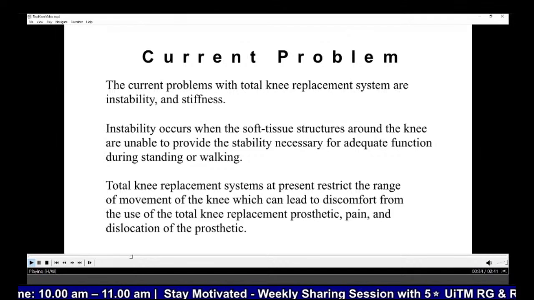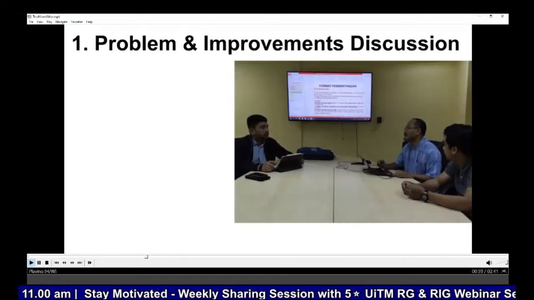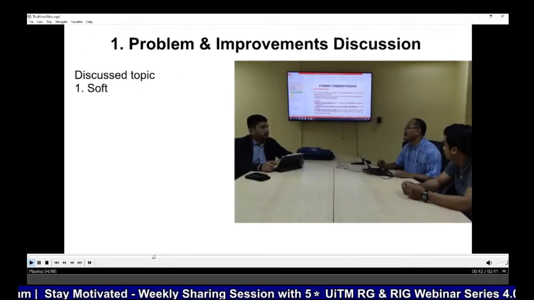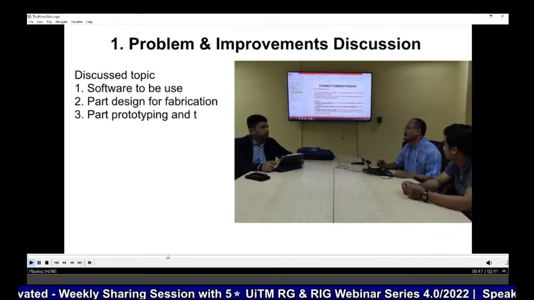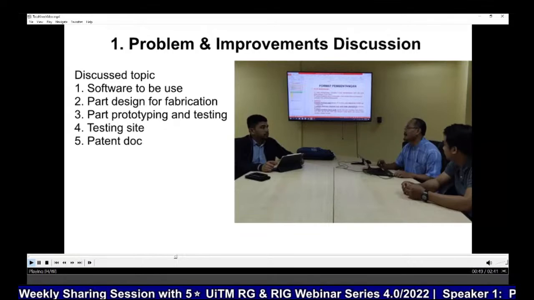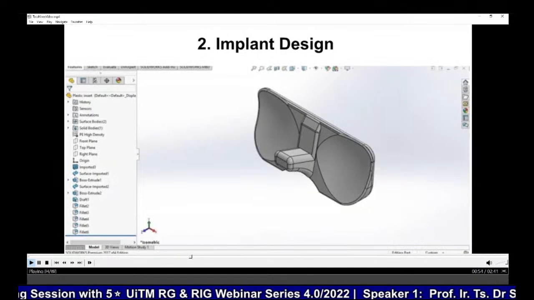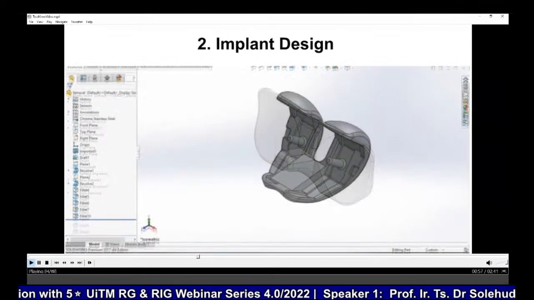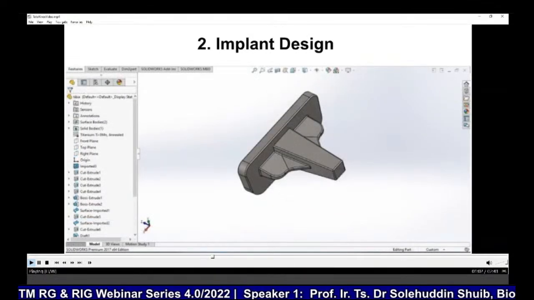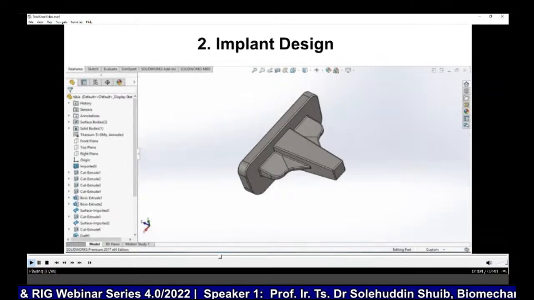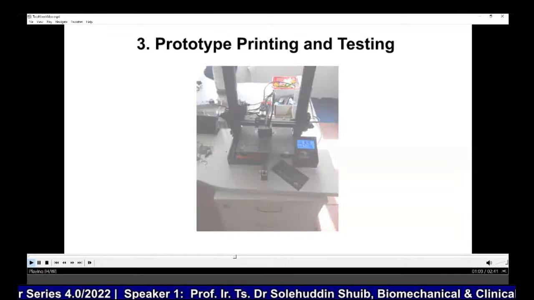This is related to the existing problem while we are doing the project. Then this is the starting from problem and discussion on how to do improvement. What software is part of the design that we are going to complicate and test. This is in terms of a series of implant design. Not try once and it's done. We are trying different designs based on the skeletal design. This is the prototype that involves